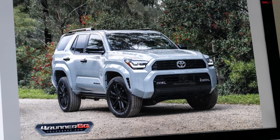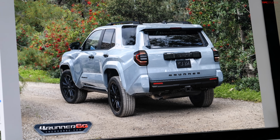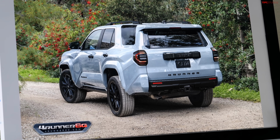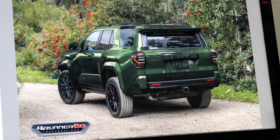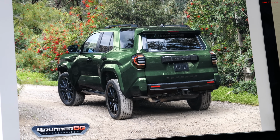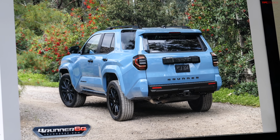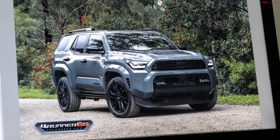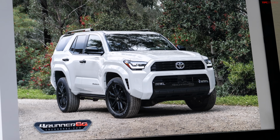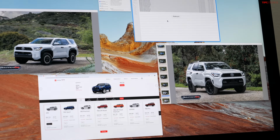So we're basing these images, or the forum at least is basing these images on something we know that exists already. Here's another kind of a dark blue. Ooh, this green is kind of funky. Almost camo in this picture. I kind of like this too. These kind of blues I personally really like. So this is the Platinum. This is kind of our guesses at what it looks like. And then we have a couple more images about the Pro